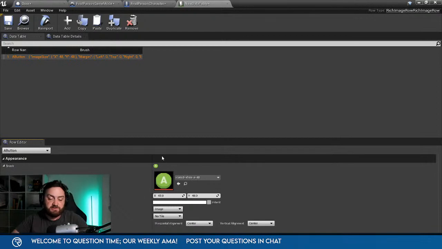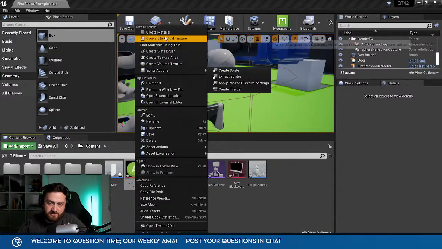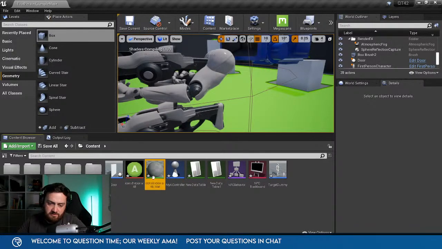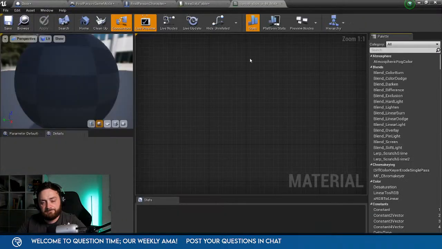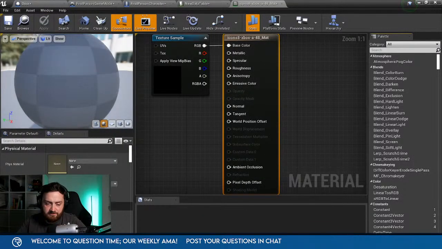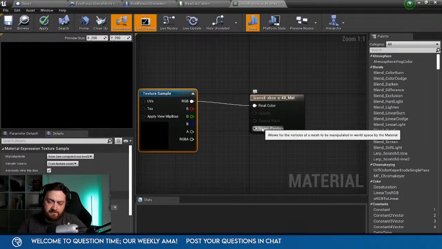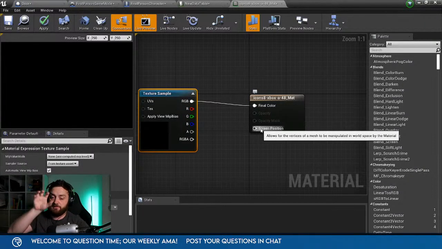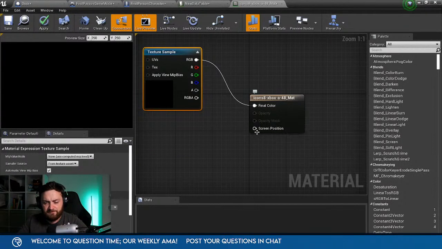So if you want it to animate, you need to make it a material instead. So on here, I guess you would have to do it like this. Okay. And on here, you make this a UI material, and put that in there. And then you mess about with this screen position here. So if you want it to like the hover like that, which I'm guessing is what you're trying to do, if you want it to animate, you do that.